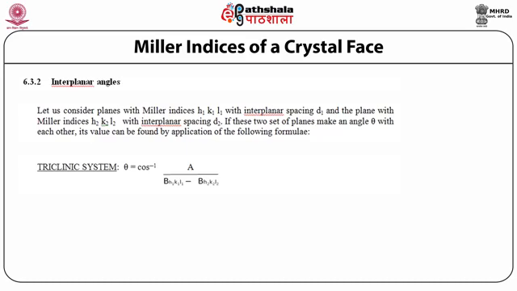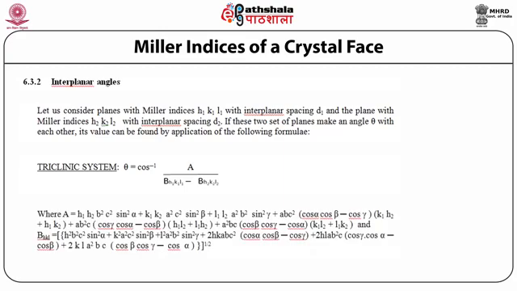For a triclinic system, the formula is theta equal to cos inverse A upon B_h1k1l1 minus B_h2k2l2, where capital A is given by h1 h2 b square c square sine square alpha plus k1 k2 a square c square sine square beta plus l1 l2 a square b square sine square gamma plus abc square into cos alpha cos beta minus cos gamma into k1 h2 plus k1 k2 plus ab square c into cos gamma cos alpha minus cos beta into h1 l2 plus l1 h2